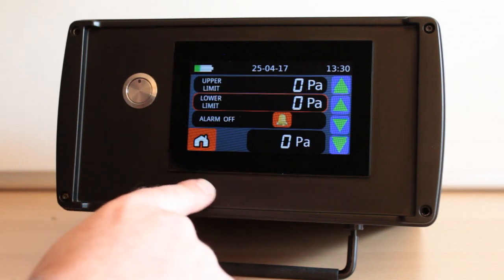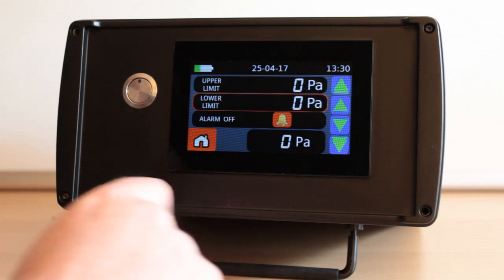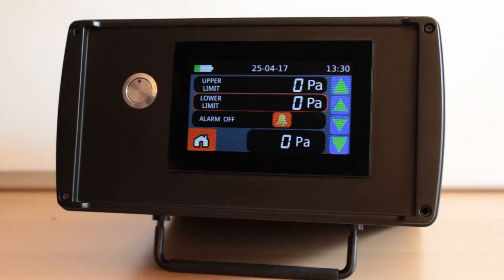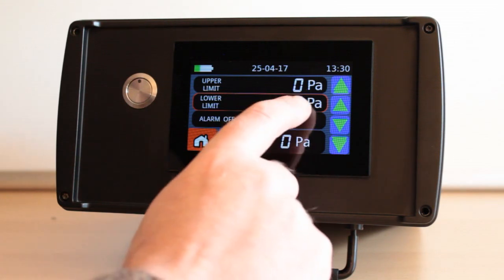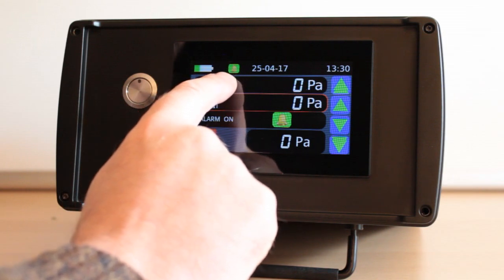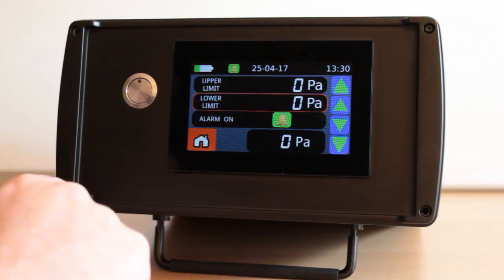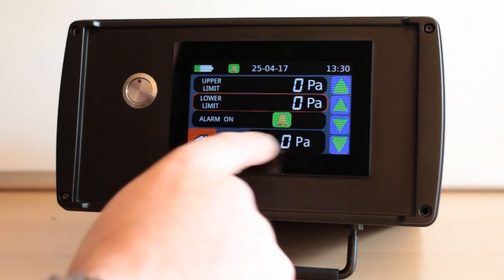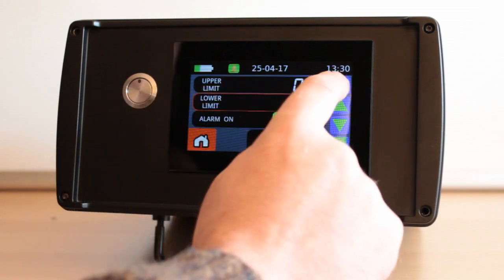It will take you to a separate screen telling you what's going on, and it will activate a couple of relays which are capable of switching on auxiliary air movers and external alarm units. If you switch the alarm on, then you get a little repeated icon at the top there telling you that that is happening, so that when you navigate to other screens,